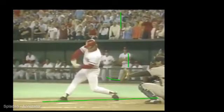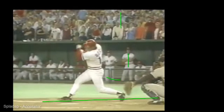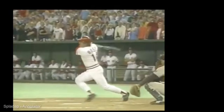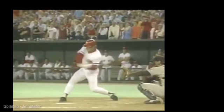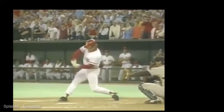It'll keep them to use the whole field more. But for guys that are power hitters that are trying to release the barrel, that makes it just a little bit tougher. So anyway, kind of a cool move, from, I almost said Hall of Famer there, from a possible Hall of Famer in